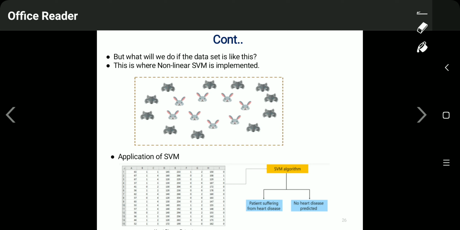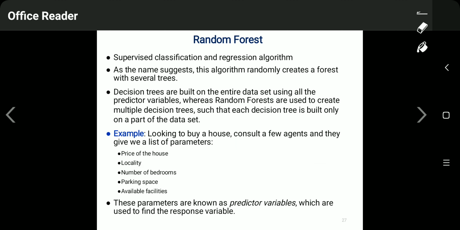If this data set is provided to the SVM algorithm, the SVM algorithm is able to classify both classes of data: the data which has the heart disease, and the second kind of data which does not have any heart disease, meaning the healthy case. So basically it is able to classify into two different classes with the help of what? With the help of a hyperplane, a decision boundary as a hyperplane. Now see, this is all about the support vector machine.